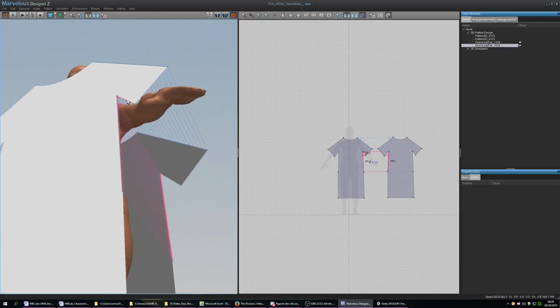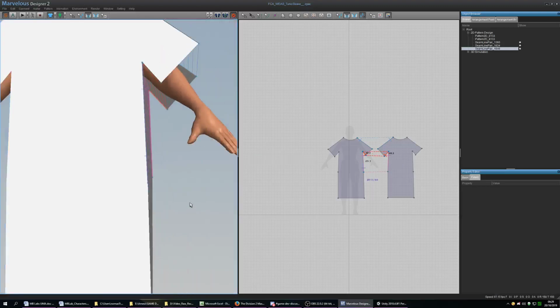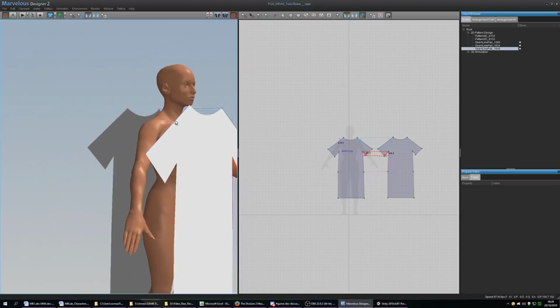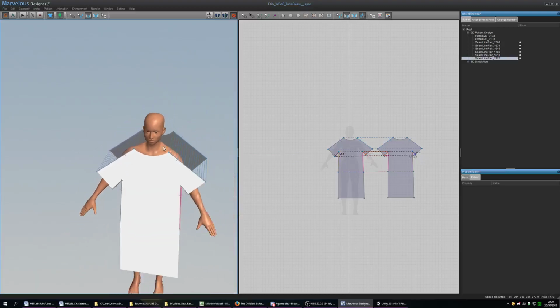Even the mouse wheel is the opposite to Blender. So I've sewn them there now on one side anyway. I'll quickly do the other side if I can. Come on, sew it. This is just an experiment. So I've joined these with giant stitches, and then you can simulate